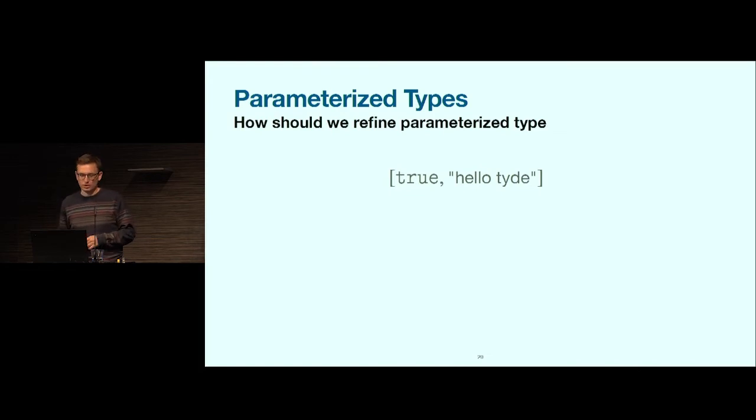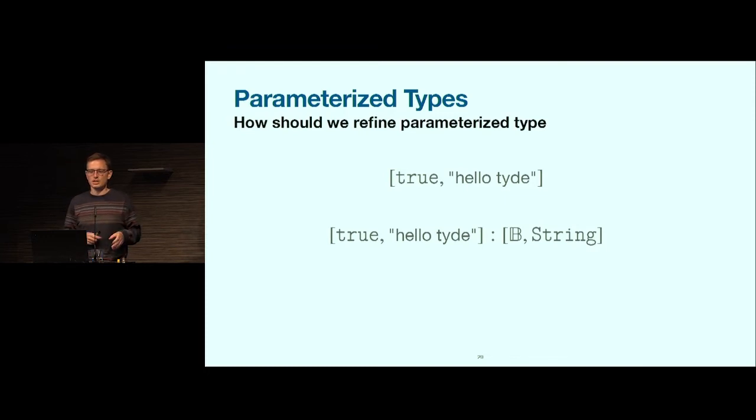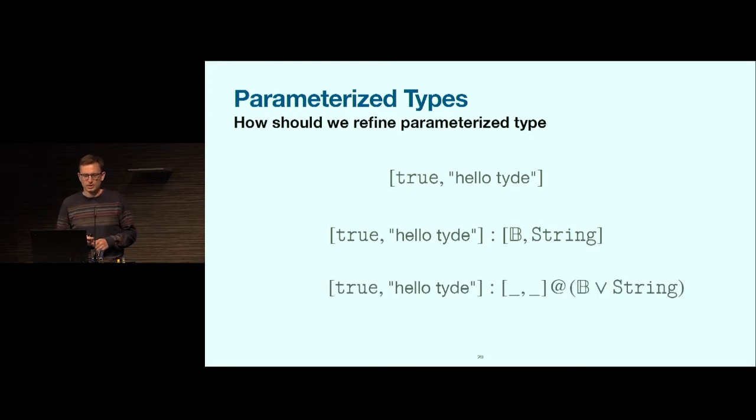So consider the following term. It's a two-element list. The first element is a Boolean. The second element is a string. And there are, in principle, two different refinement types that you could infer. The first alternative is this one. You infer a two-element list, where the first element is a Boolean and the second element is a string. The second alternative is this one, where you